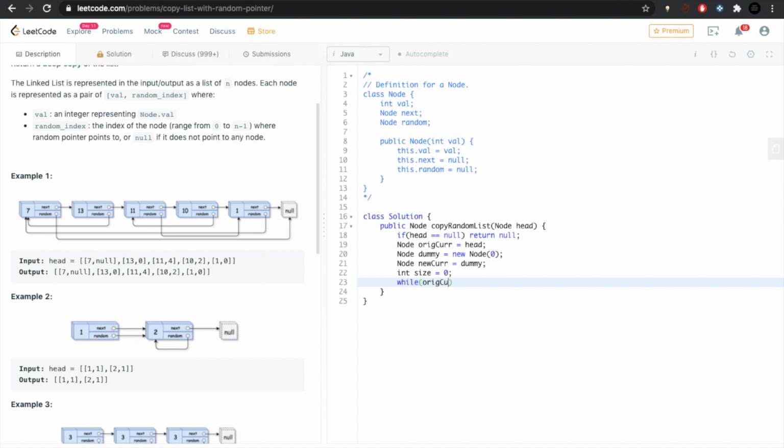While original cursor is not null, now we are going to create a new node for the corresponding node in the original list, original cursor dot value. Now we are going to link the new nodes that we have just created.